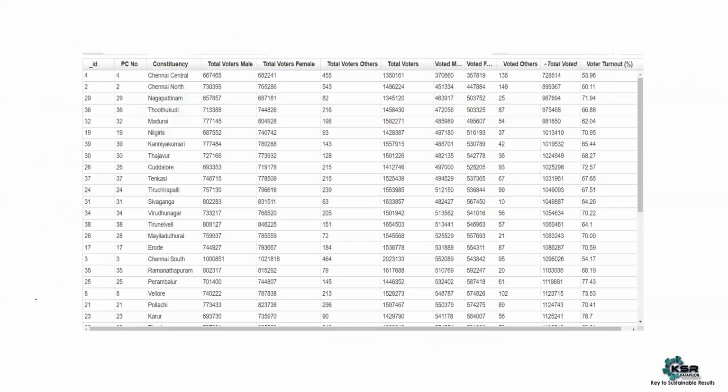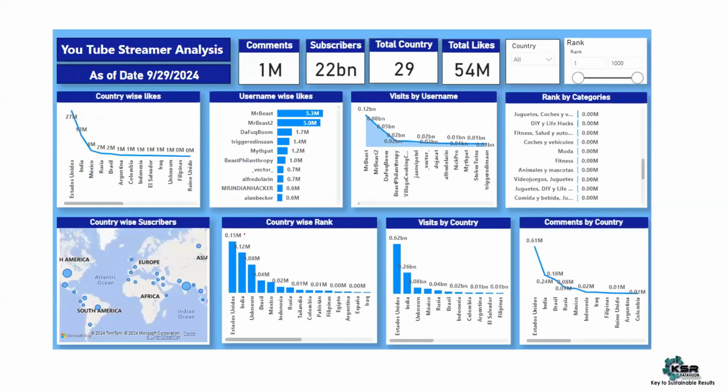Let's continue further. This is just an example. This is just a table. I've taken a random table. Let's look at it as a table only, not look at the data. If you look at this information and then this information, there is a very drastic change. Now, this is YouTube stream analysis data. This dashboard was developed by one of our students only. We have taken this dashboard from our students. He has also posted it on online portals. He was part of KSR. We have specifically developed this dashboard from our end.